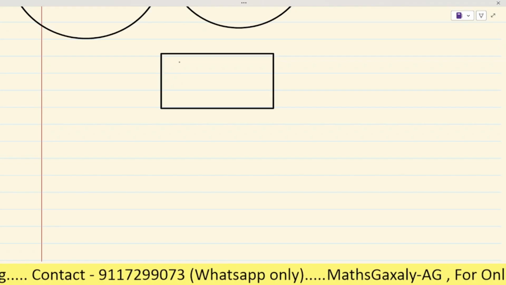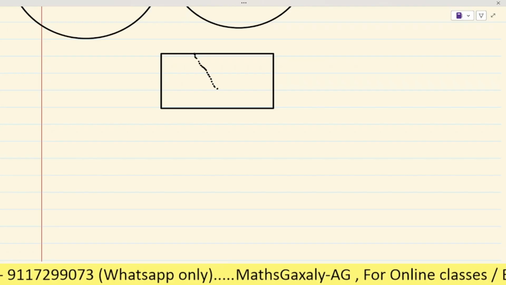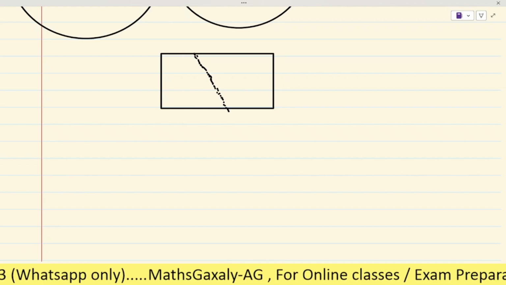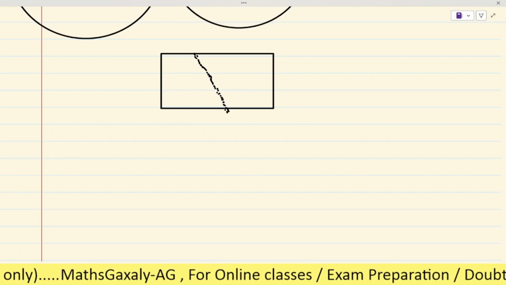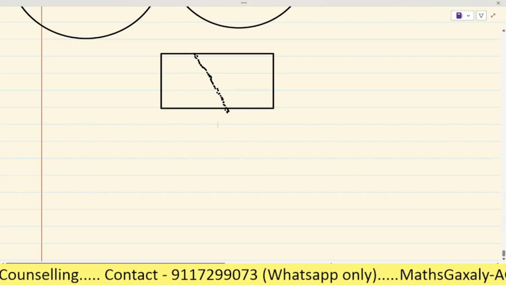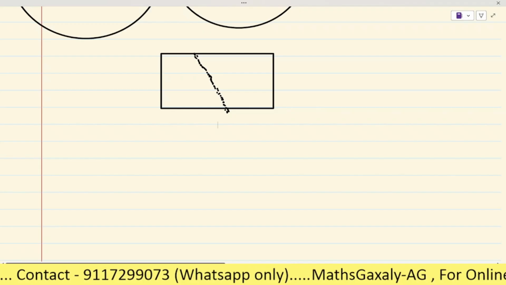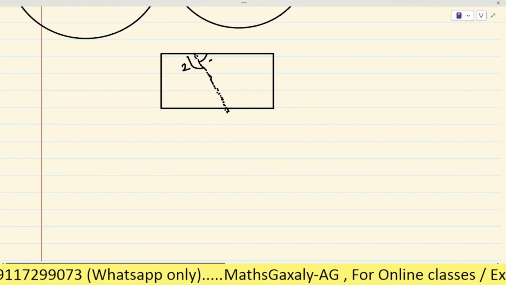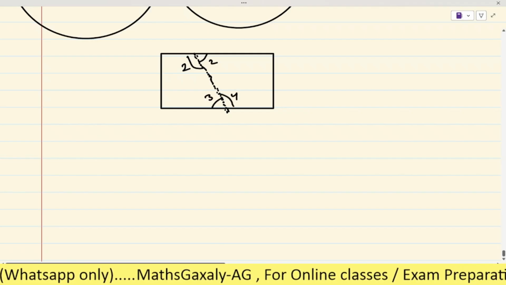Okay. You have to create a rectangular sheet and then you have to fold this sheet. Suppose I am folding with this mark, okay? Is it clear? Let's see here. So when you fold it from here, you will get the four angles, right? One will be here, first, second, okay, third, and fourth, okay, like this.